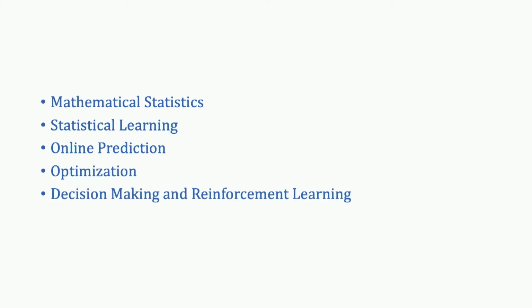I will talk about efficient exploration in low-rank MDPs and give a sense of what kind of problems we're trying to tackle on the theoretical front. Just a little bit of background: I work on mathematical statistics, statistical learning, online prediction, and optimization. In the last 4 or 5 years, I've been interested in decision-making and reinforcement learning. I still don't understand reinforcement learning, but I understand a little bit of it. I've developed a course on reinforcement learning, which I've taught for 2 years now, and had written a draft of a book. So I understand it a little bit, but not too much.